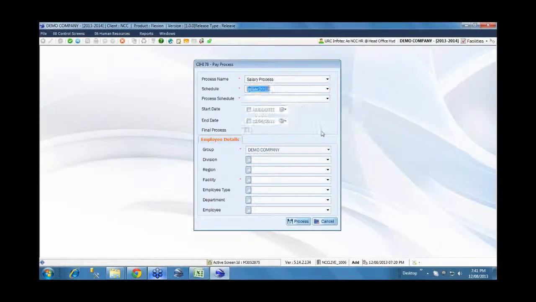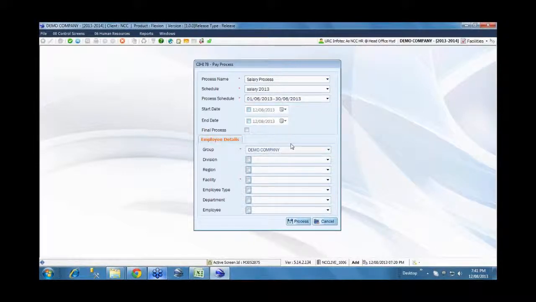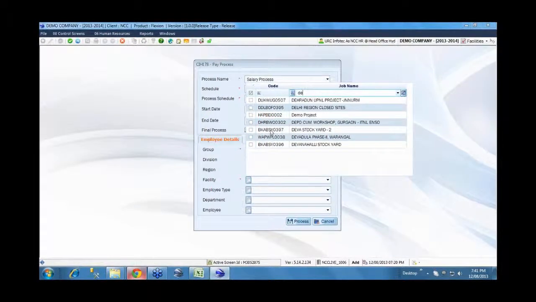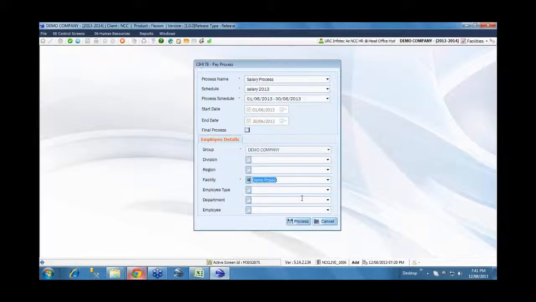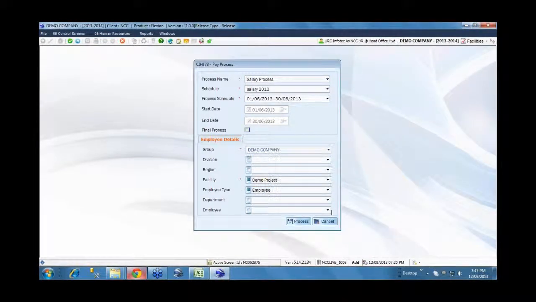Based on that, you can choose and then run that process. So the salary process, of course, is monthly, so we are just doing that. When it comes to others, when it's a one-time process or it needs to be run on an ad hoc basis, you can choose that also. So here again, whether you want to run for all branches or a specific grade of employees or particular employment type alone, or you want to do it for all employees, we can decide.